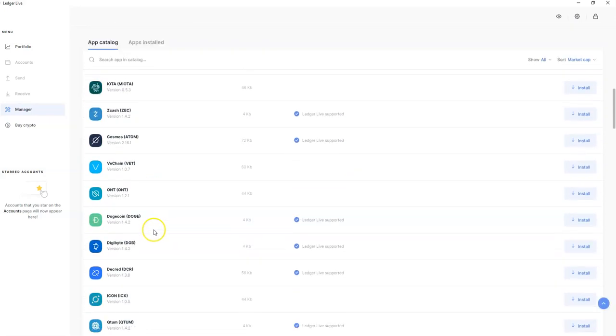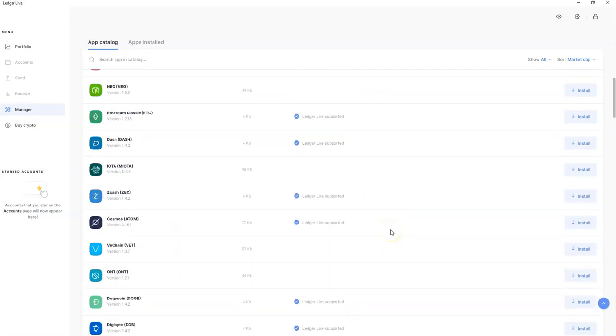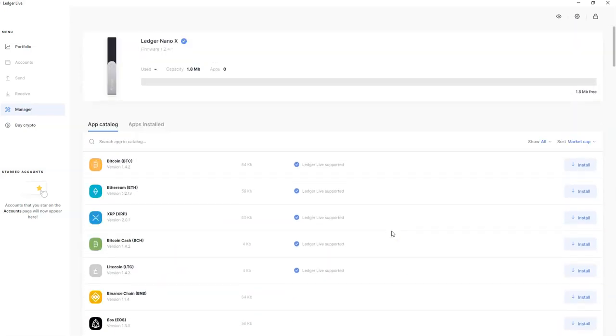I'm sure there's several others, and those are the only ones that I would actually move, because if something should happen, or use those particular cryptos, I wouldn't use any others, simply because I don't know where you would get the support from. I'm going to try BTC. I'm going to hit install,